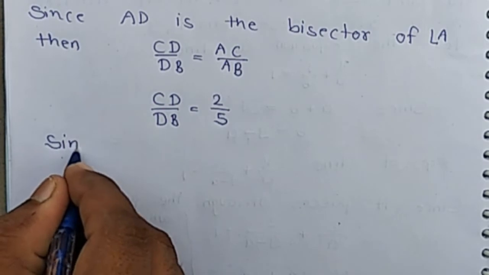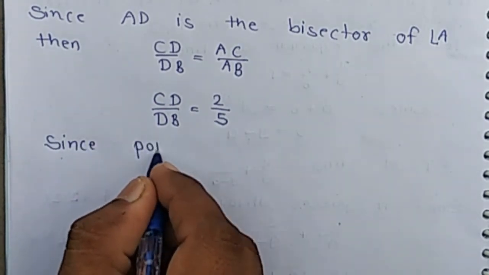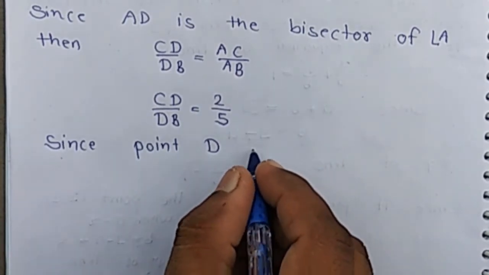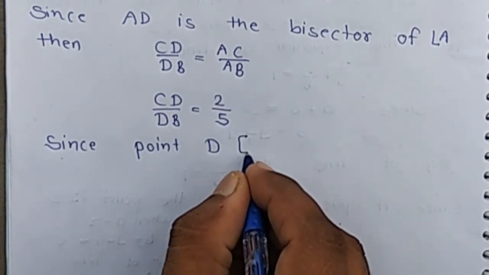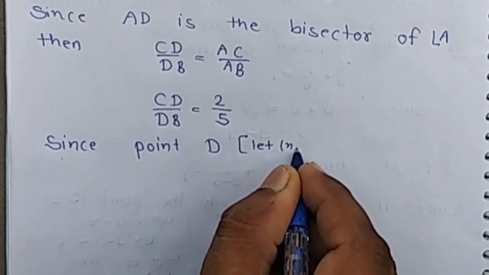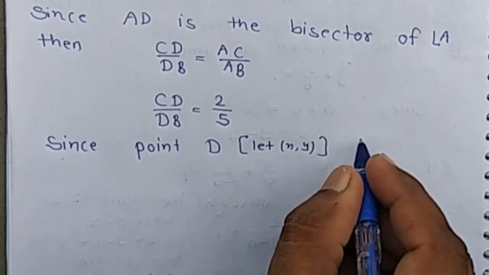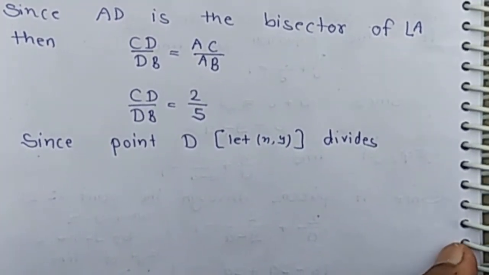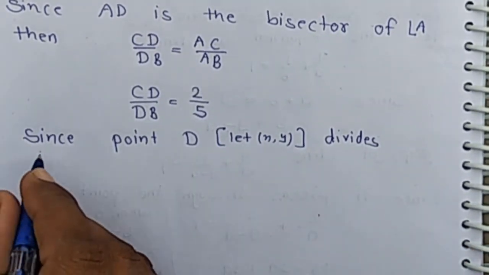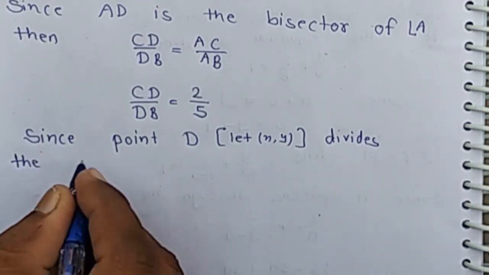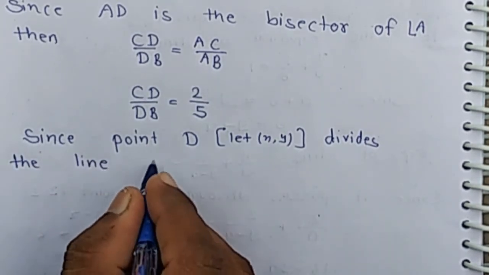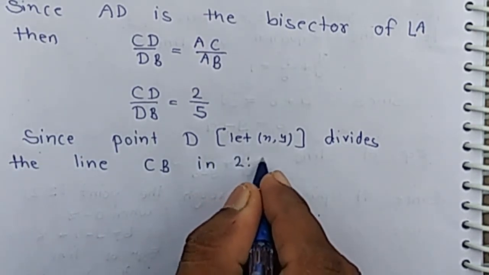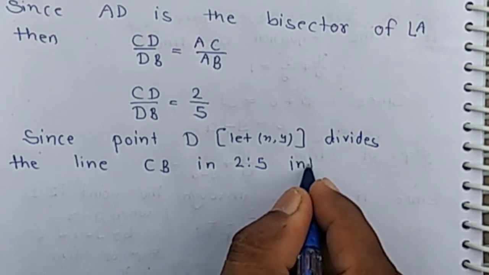Since point D (x, y) divides the line CB in 2:5 internally,